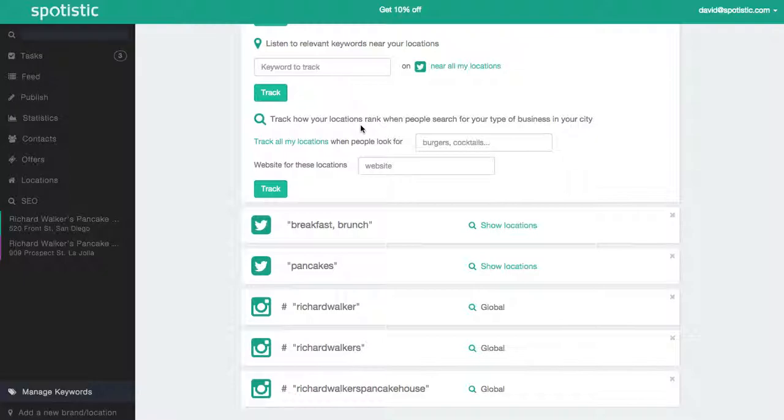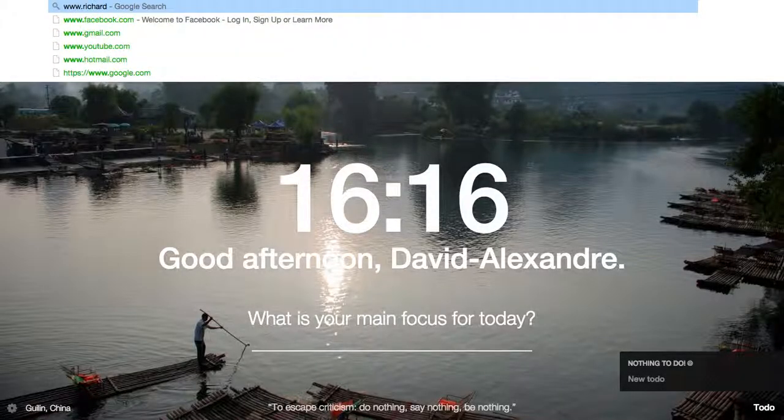So search engine optimization. It's something that's more of a service that's related to what we do. Basically, we want to make sure that people find your business online. And so we can do this in a few ways. These are services that we offer externally as well. The first way is to make sure that the correct keywords are present on your website so that your website shows up in search engines. And the second one is to make sure that you're listed on all of the local directories that are in your area. So in this case, I'm just going to go and look for Richard Walker's Pancake House,